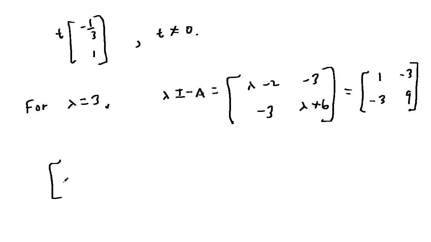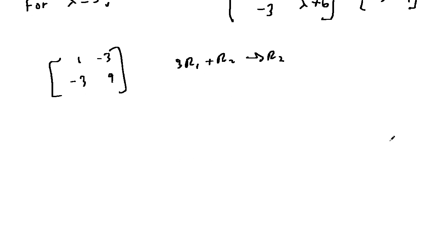Okay. Let me rewrite that here. And let's do Gauss-Jordan elimination. So 3 row 1 plus row 2, that's going to give me